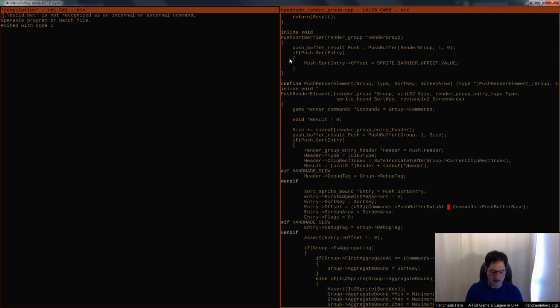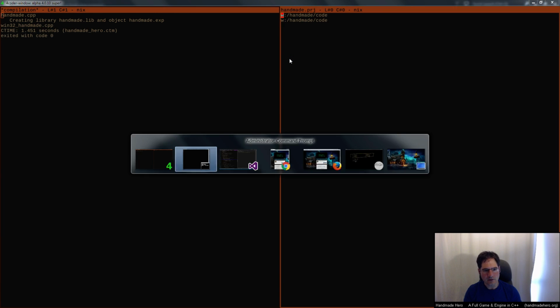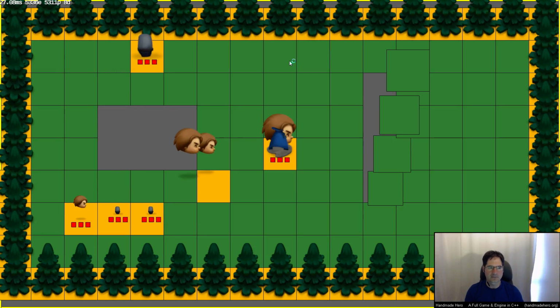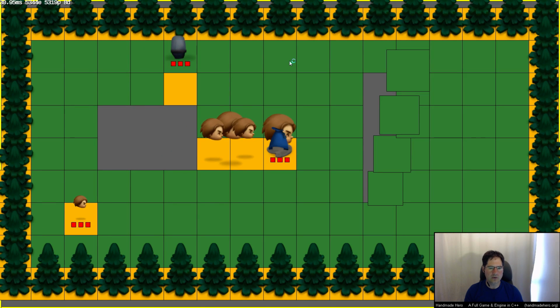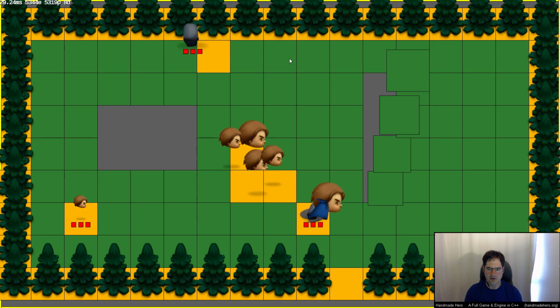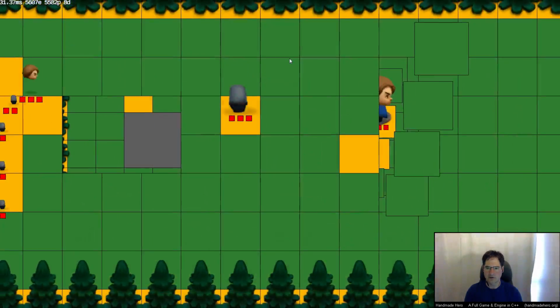So let's start, oops, I didn't load my proj file, did I? There we go. Let's start with that because that's at least one problem. Let's get that out of the way. All right, so now we're back to, looks like actually a saner situation. Let's see how we're doing on the rest of our sorting.